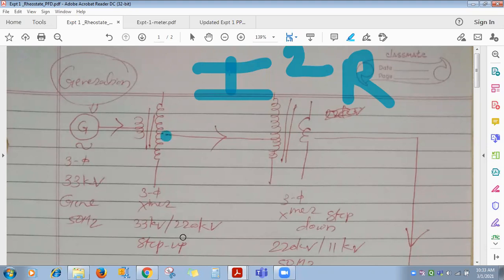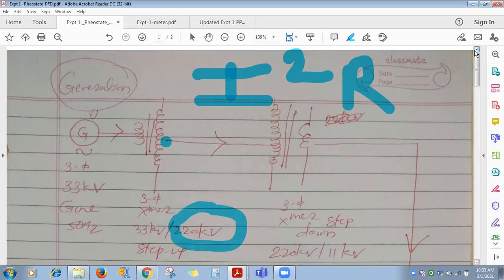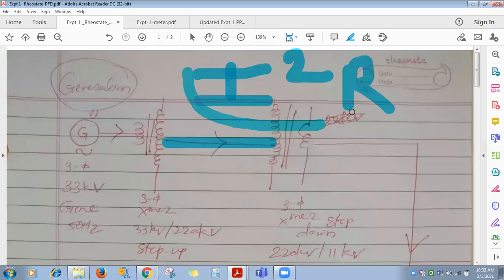Now, the transformer unit is included in your syllabus. You will learn there V1 I1 equals V2 I2. Means what? If you step up voltage, current will be less. So current at 220 kV will be less compared to 33 kV. That's why, if you transmit electricity at 220 kV rather than 33 kV with less current, I square R losses will be less. That's why there is a need to step up the voltage. Now this electricity is transmitted over a large distance, and transmission losses, I square R losses, will be less. Now do we want 220 kV?